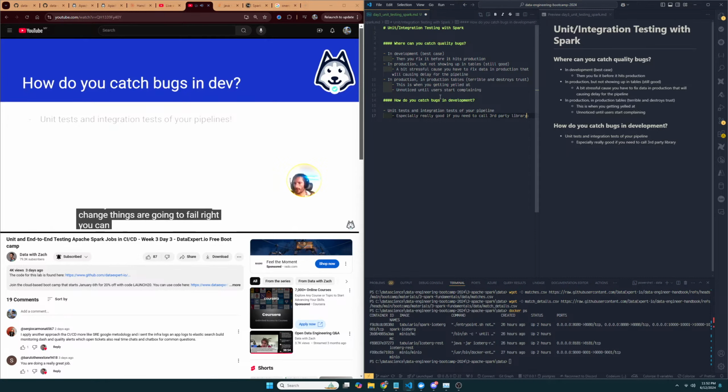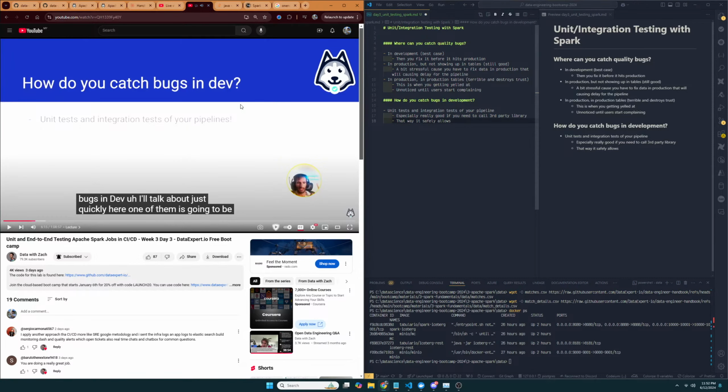You can catch bugs in dev, right? And you mostly catch them with tests. That's going to be the big way that you catch things. There are other kind of important ways that you can catch bugs in dev. I'll talk about just quickly here. One of them is going to be